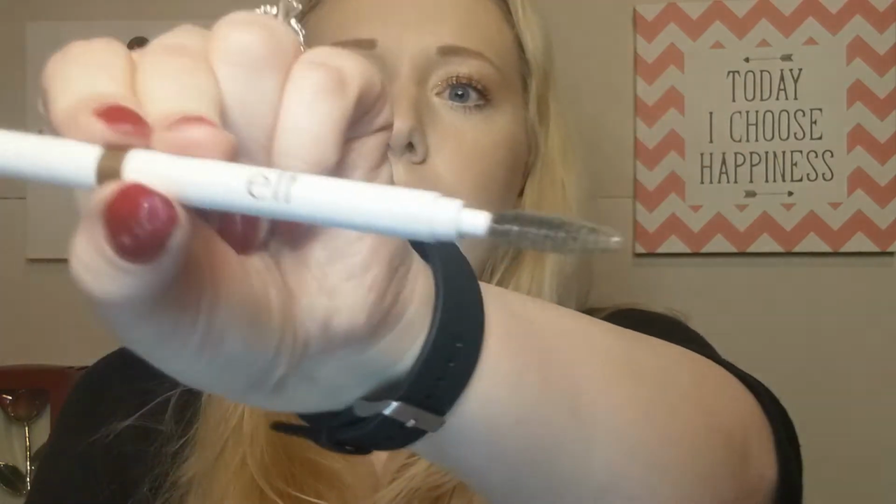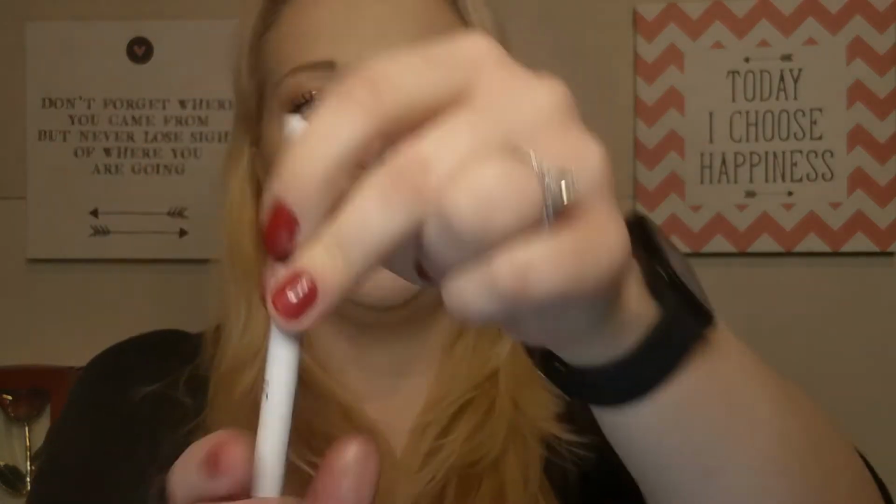move on to the eyes. So we have my eyebrow pencil. I have really thin brows. I like using a small pencil sometimes, but lately I've been using this e.l.f. eyebrow pencil, and it has a bigger tip at the end, so it makes it a little easier for me to get my brows done a little faster. I feel like they still take forever because you're trying to get them as even as possible,